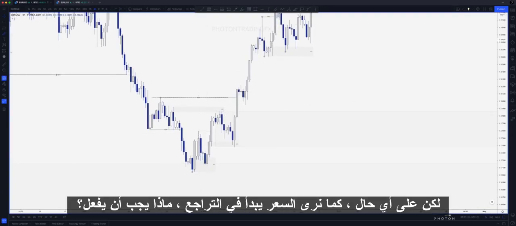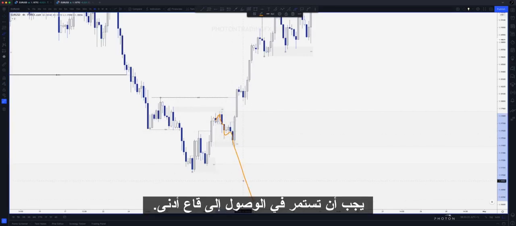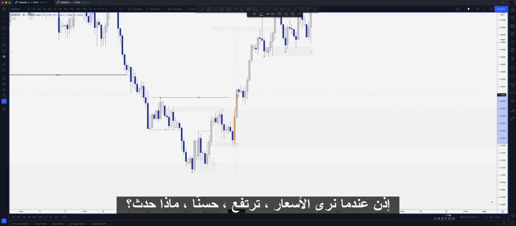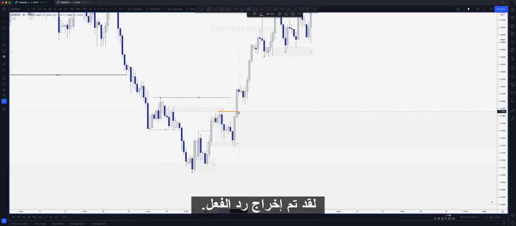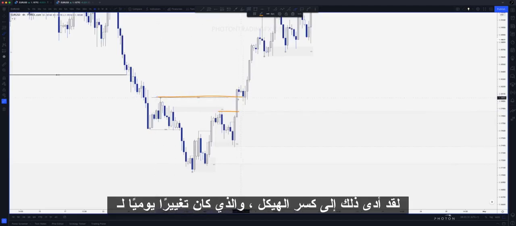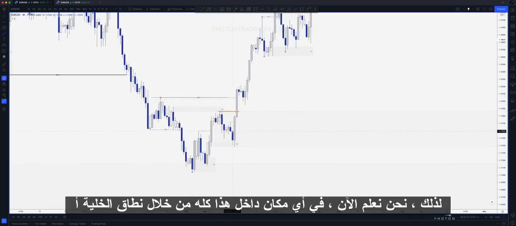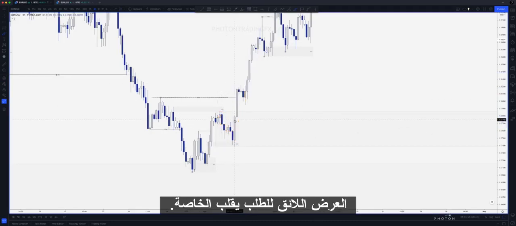But anyway, as we see price start to pull back, what should it do? It should go on to make a lower low. So then when we see price go up, what's happened? It's taken out the reaction. It's led to that 4 hour break of structure, which was a daily change of character. So now we know anywhere within this whole buy to sell range is a decent supply to demand flip zone,